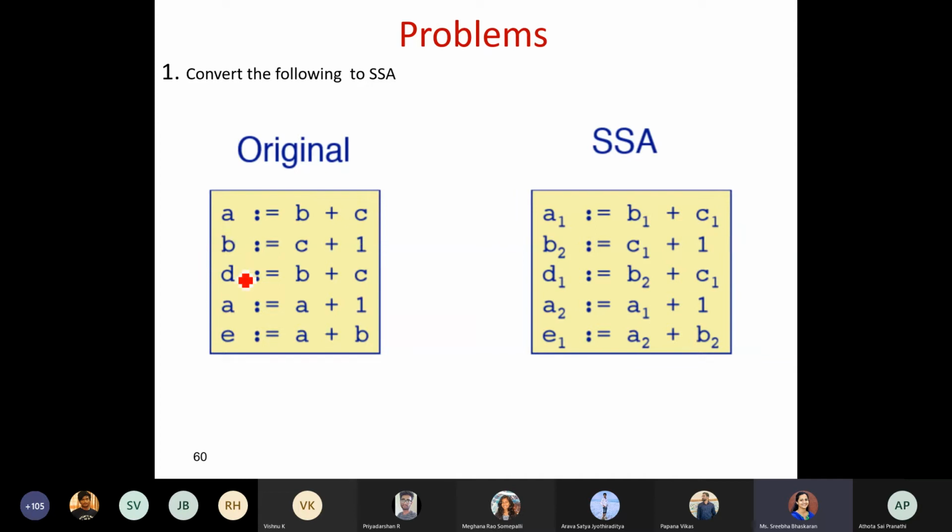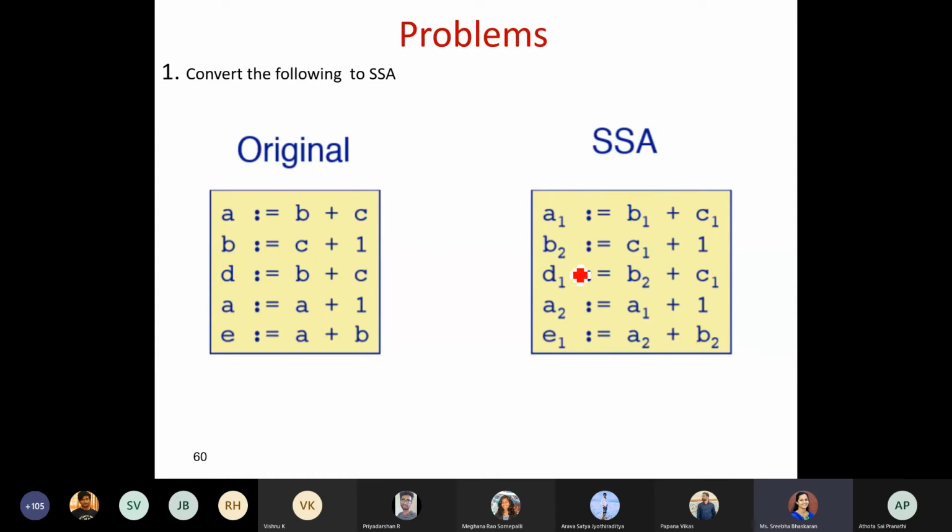Okay. After that, B equals C plus 1. Did you update C anytime? No. So it is the previous C itself, so C1 plus 1. But here you are updating the variable B. B was already used, numbered as 1, so now you have to increment it, and it becomes 2.